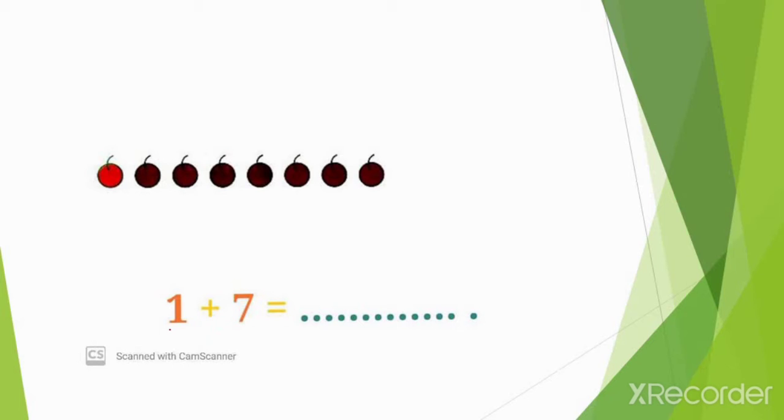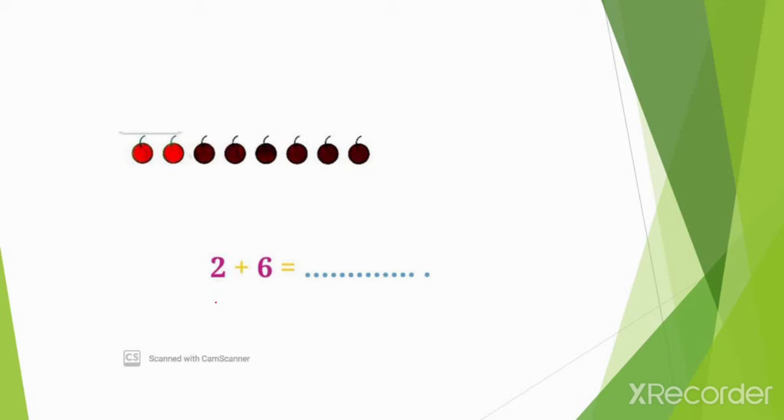Now look at this. We have to add 1 to 7. Look, this is the given figure 1. And we have to add this 7 more to it. Then what will happen? We have to count all these objects together. 1, 2, 3, 4, 5, 6, 7, 8. By adding number 7 to 1, we get number 8. Isn't it interesting? Wants to see more?